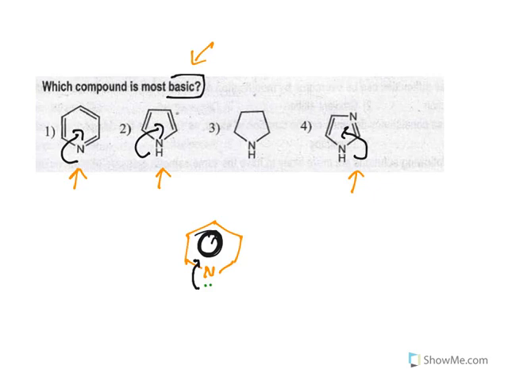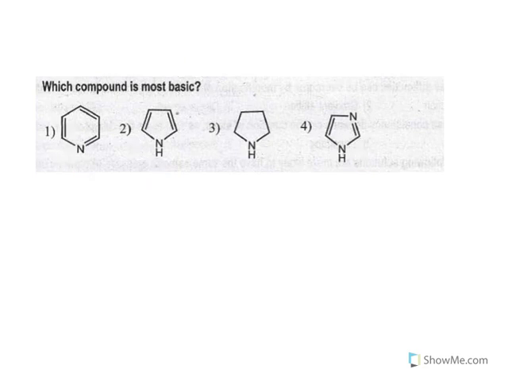Now let us understand what we mean by basic. We have Arrhenius theory, Bronsted-Lowry theory, and Lewis theory. According to Lewis theory, an electron pair donor is a base. In all of this, the nitrogen is the important one because it has an electron pair. So the basicity depends upon the ability of this nitrogen to donate these electrons. In all the aromatic compounds, when the electrons are revolving inside, there is always a kind of pull of these electrons towards the ring. So the electron availability decreases a little bit.